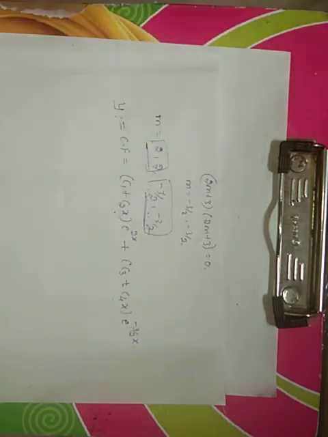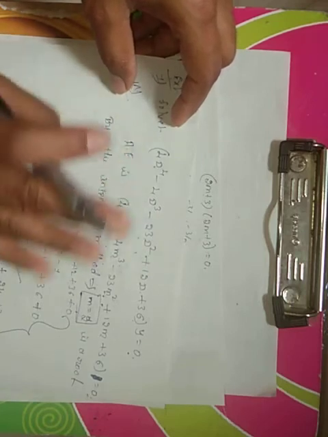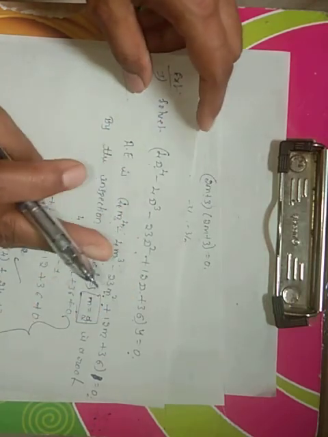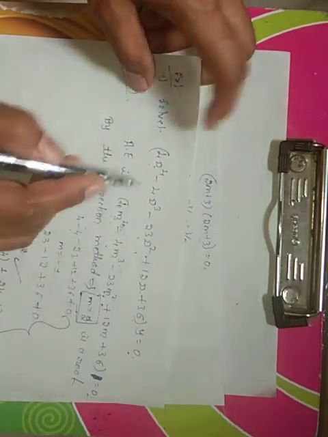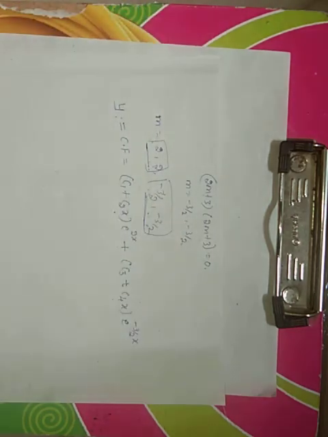We applied the formula and substituted the values. If the equation is fourth order, we get 4 roots. If the equation is of third order, we get 3 roots. If the equation is of second order, we get 2 roots. So that is the important thing we have to remember here.